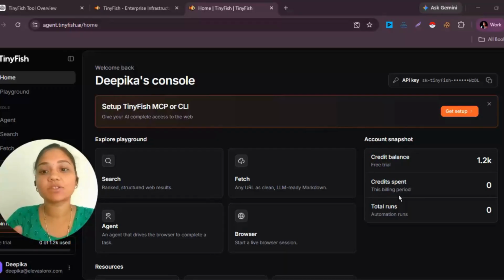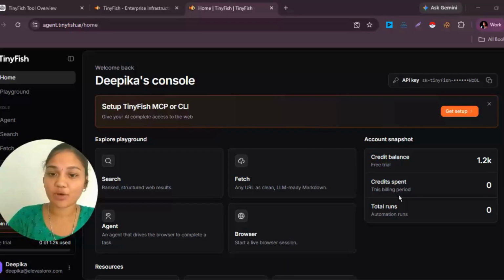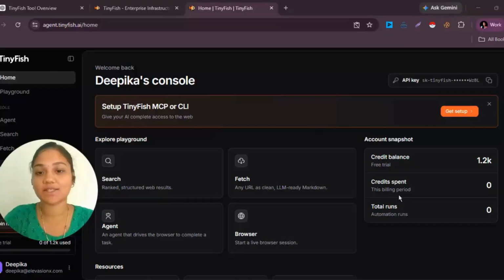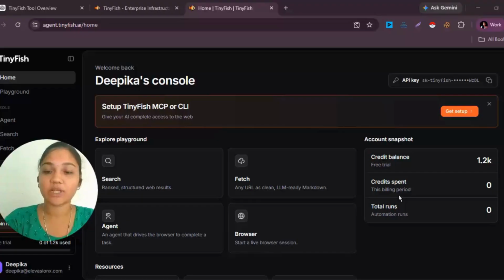Now here is something many people don't realize. Most websites use JavaScript. Traditional scrapers often struggle because the content doesn't exist in the initial HTML. Tinyfish renders the page before extracting the content. So if a website loads the data dynamically, there is a much better chance you will get the information you're looking for. That saves a lot of time compared to building the browser automation yourself.